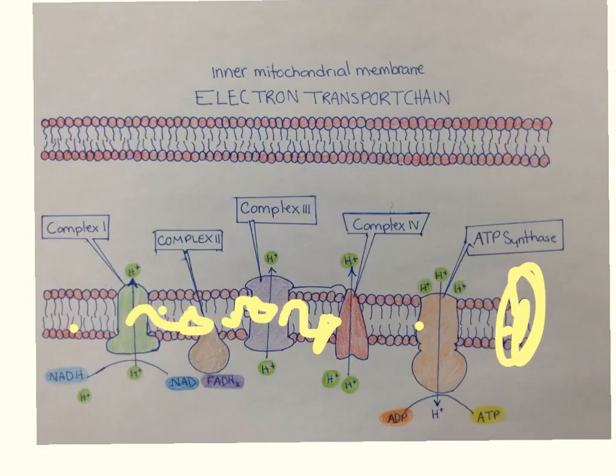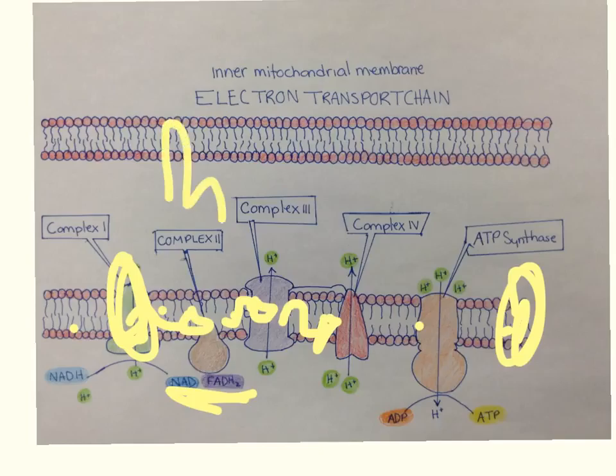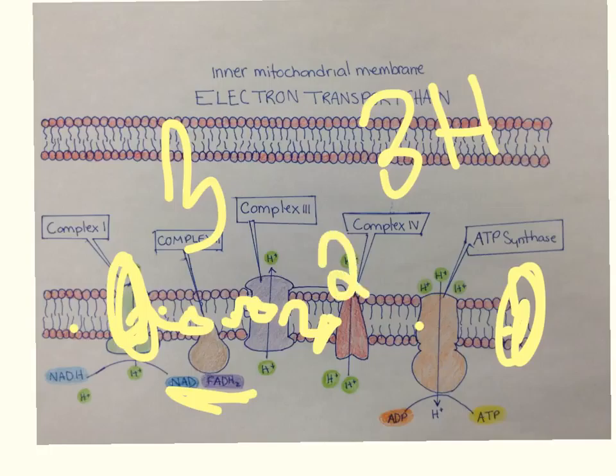And then FADH2 starts at the succinate complex, so it has a shorter path than everything else. So instead of starting here, it starts here. So in total, NADH produces 3 ATP and 3 hydrogen, and FADH2 produces 2 ATP and 2 hydrogen. So that's pretty good. And then when the 2 electrons pass through cytochrome oxidase, the very last one, they combine